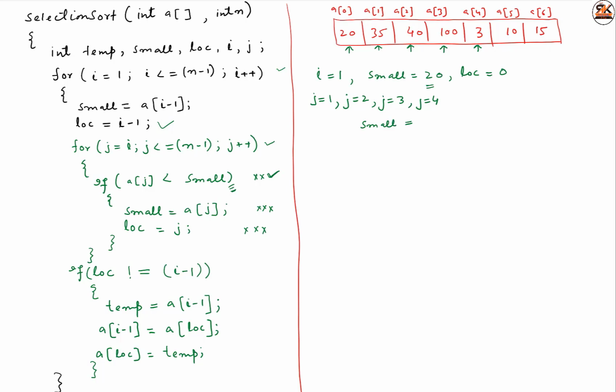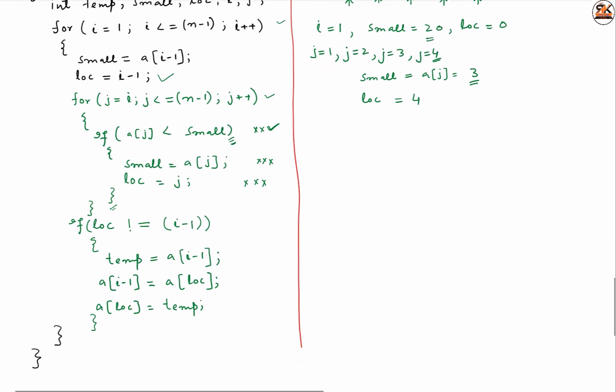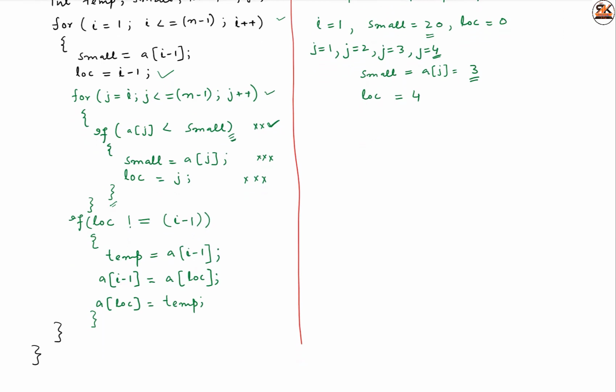is equal to a of j. A of j means 3. A of j is equal to 3. Okay, now the small is 3, and location will be updated as j. J is having value 4, so location is 4. Okay, we will come out of this j loop now, and then if location is not, we will come and